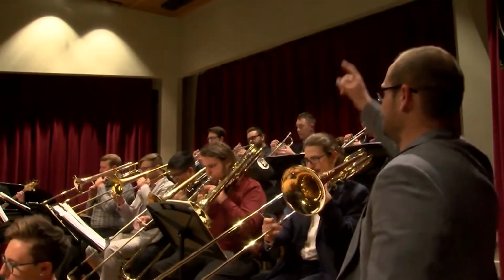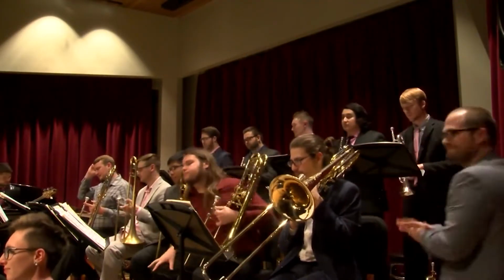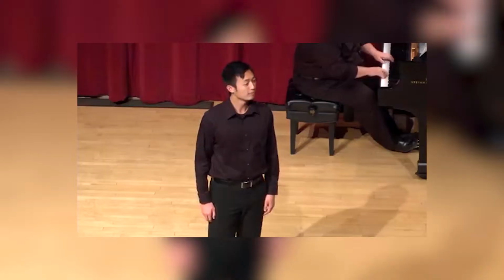It hasn't been replaced or updated since it was installed in 1982. It's been 37 years. I myself have experienced having to squint and kind of look down in different ways because you literally cannot see the performers on stage. So it's just malfunctioning right now, and so obviously the experience for the audience will be dramatically improved if we